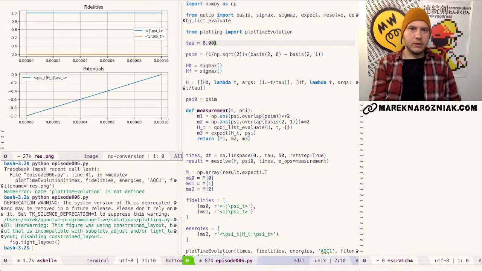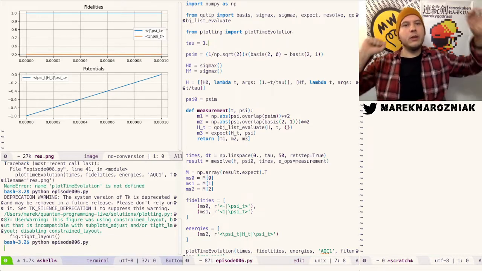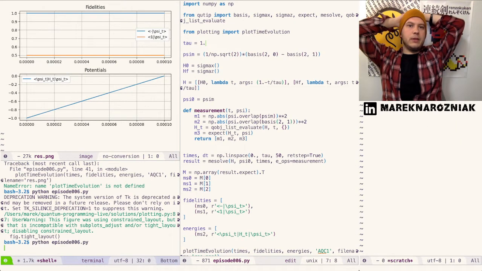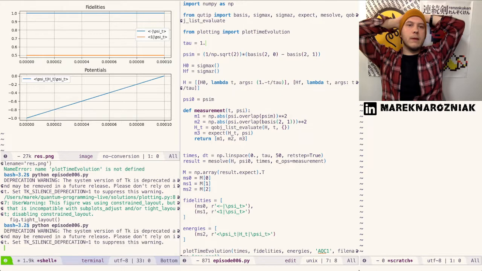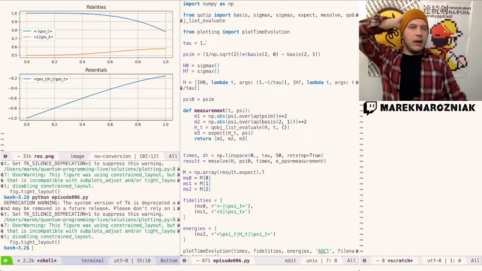So it's just time evolved for single unit of time. I really love dimensionless units, guys. Dimensionless units are the best. See if it will curve it just a little bit. Yeah, see? So now